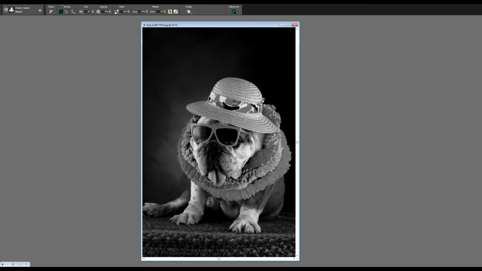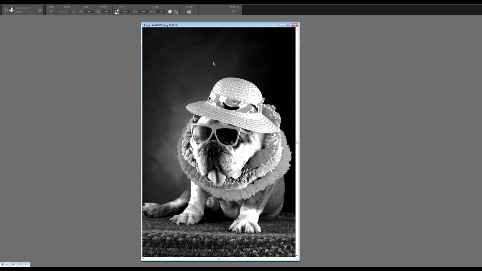Under Effects, Tonal Control, Equalize. So here's my map of where everything is. There's hardly any whites in the image because you can see the sliders up here. So I'm going to move this down and increase the number of whites. And I don't want to blow out everything, but the reason I want whites is because I'm going to go ahead and do this on